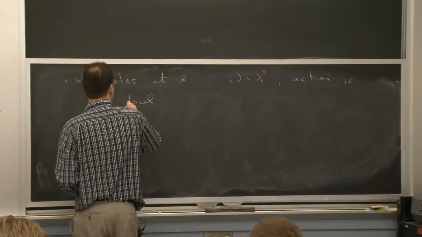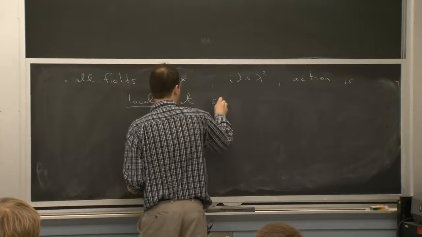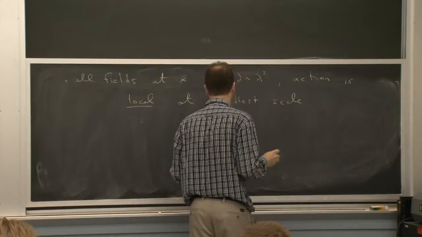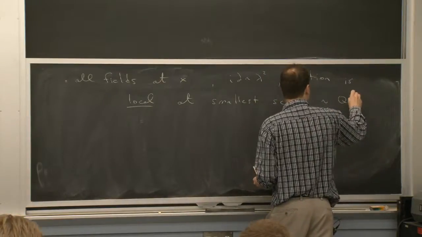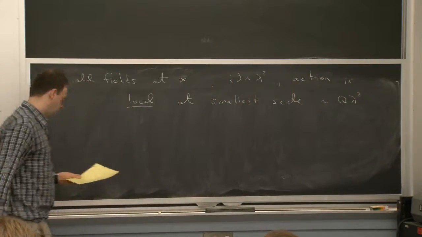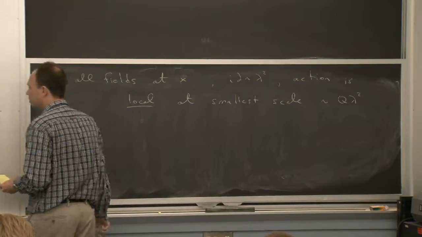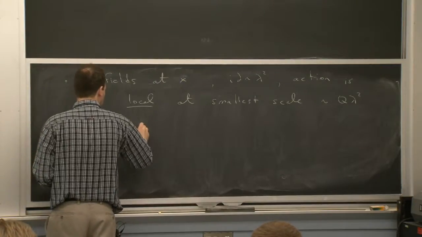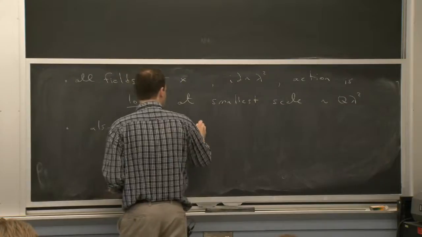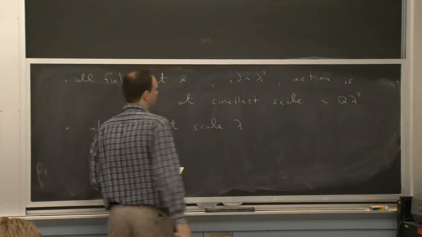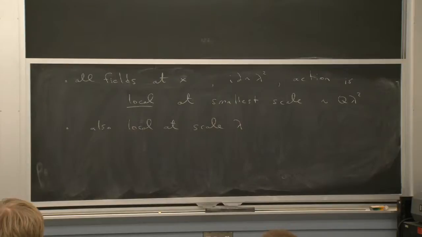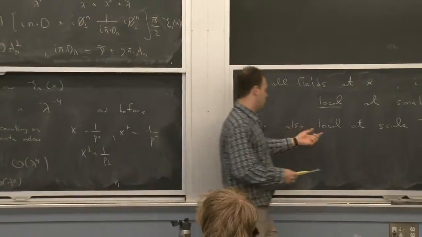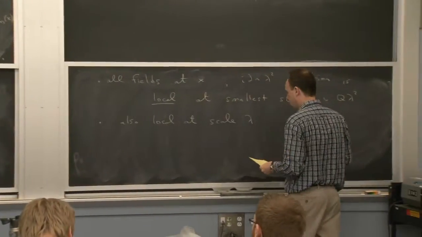And so what that means is the action is local at the smallest momentum scale in our problem. And we would have been surprised if we'd encountered anything different than that. The action is actually also local at the scale lambda. Even though we adopted this label convention just to separate the momenta, there's no inverse perp derivatives in this action. And so the perp derivatives appear in the numerator, and so it's actually local at that scale too.